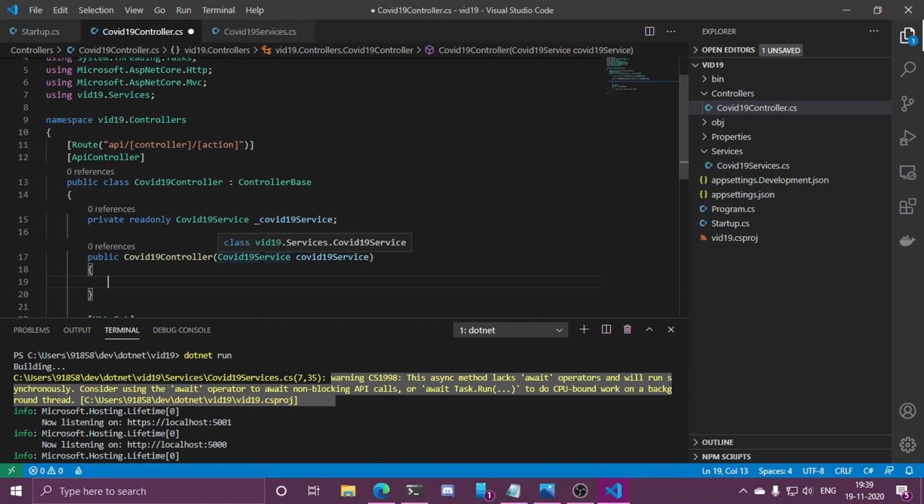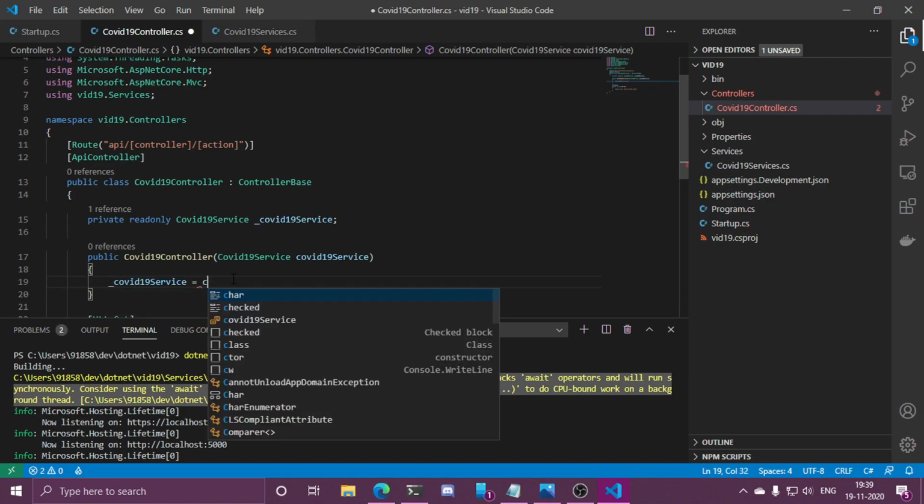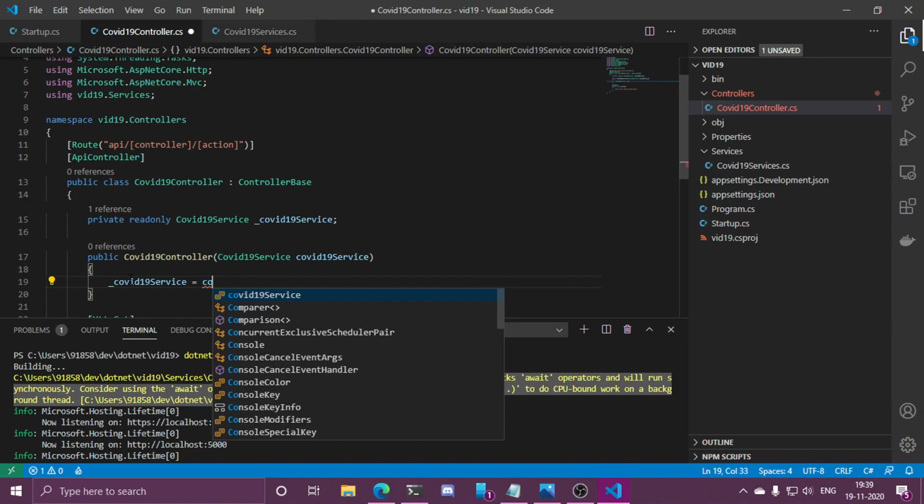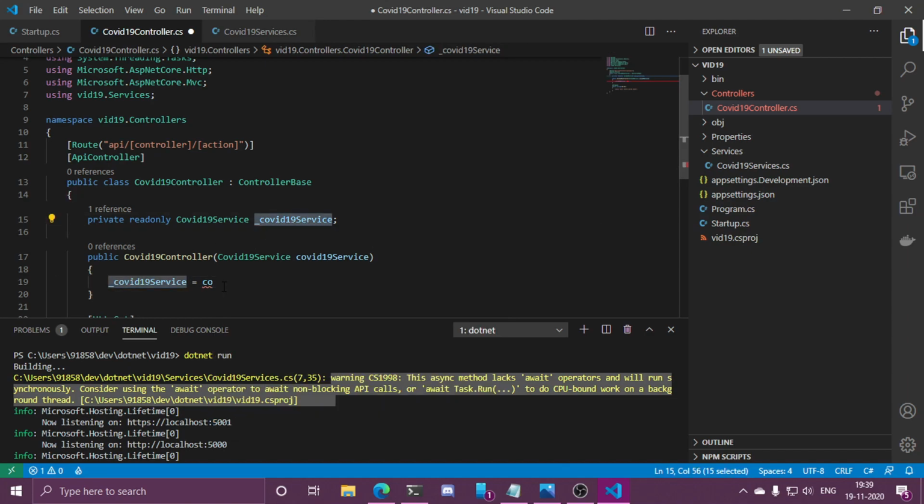So this is simply an instance we have requested from the framework itself. How this gets resolved is none of our business. The .NET framework will do it on its own. We will get it at the end of the day. We do not have to concern ourselves with how this thing actually works. We will get an instance of COVID-19 service which we can later on use. So we are just simply going to allocate it to the internal member we have created for ourselves.